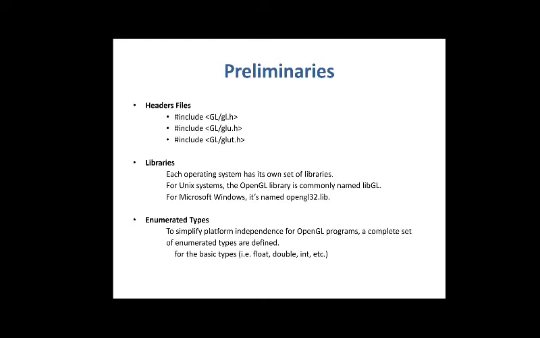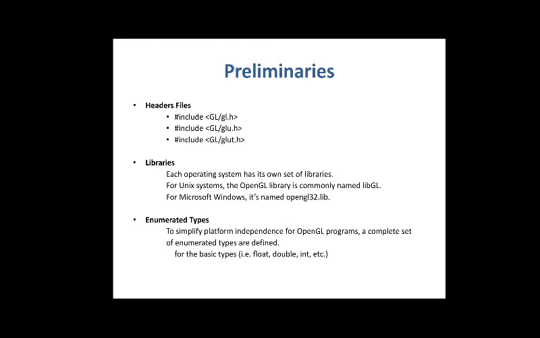This is the purpose of the header files: they describe all of the function calls, their parameters, and define constant values to the compiler. They provide the information to the compiler. So OpenGL has header files like GL, the first, which is the core library. GLU is the utility library, and GLUT is the freeware windowing toolkit, that is the utility toolkit. These are the three libraries we are referring to as header files.